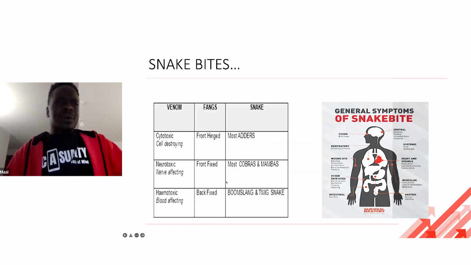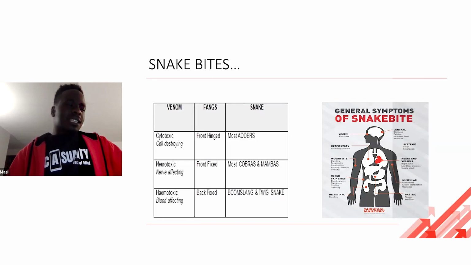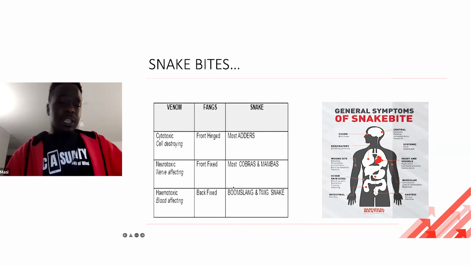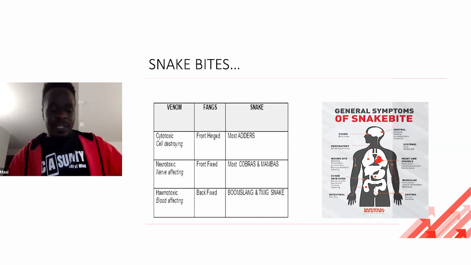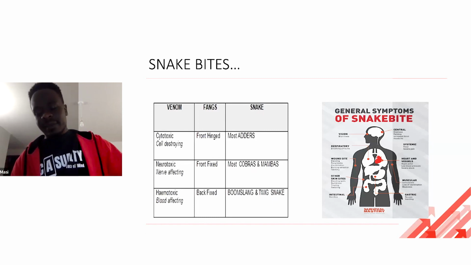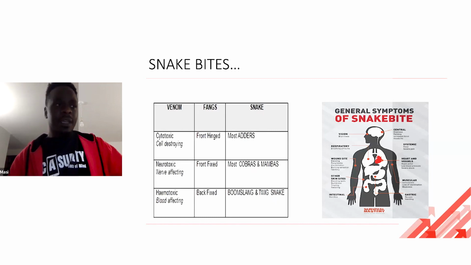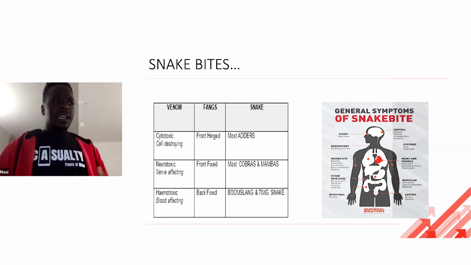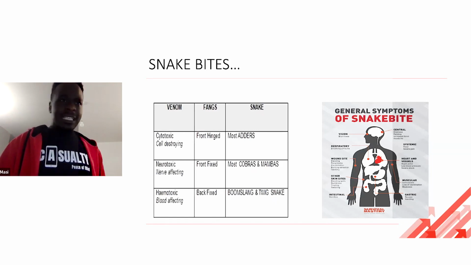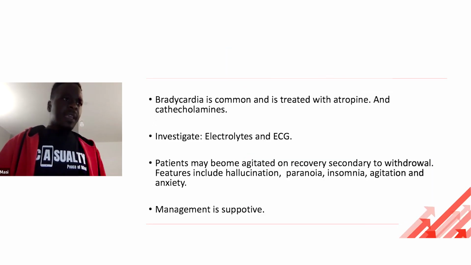Snake bites are also a type of poisoning, but these are envenomations that are quite obvious, and the patients will know exactly what happened. Now, you will not be able to tell what snake has bitten the patient, but you follow the systematic approach, of course, and the antidote over here is antivenom. But it's important to note the pathophysiology of both of them. There are cytotoxic snakes and neurotoxic snakes, and they present in different modalities. But I will not belabor the point.